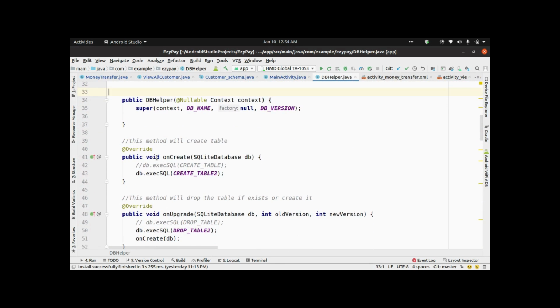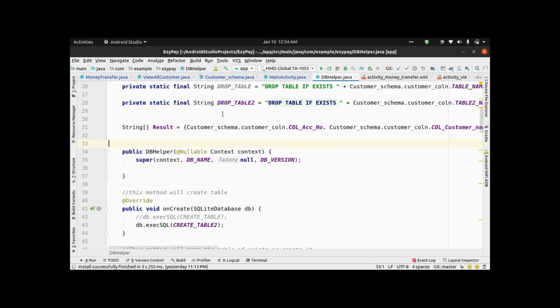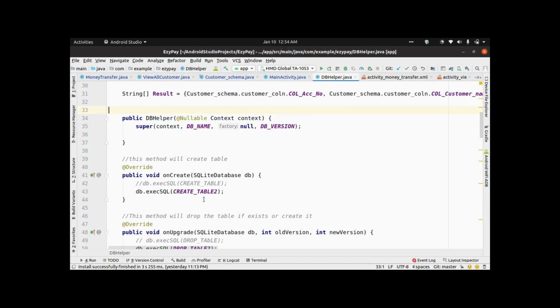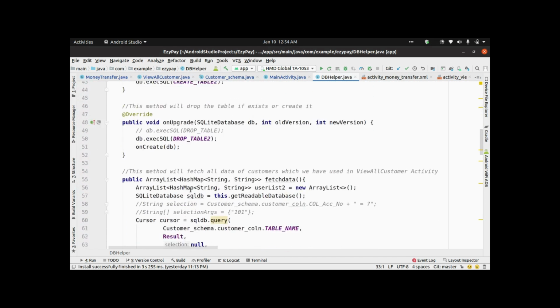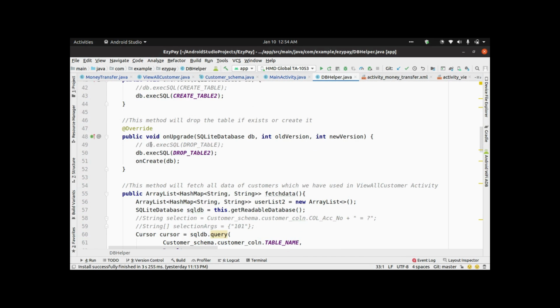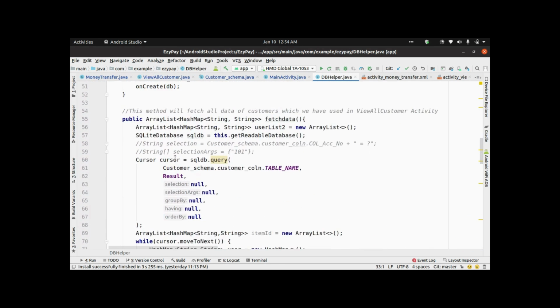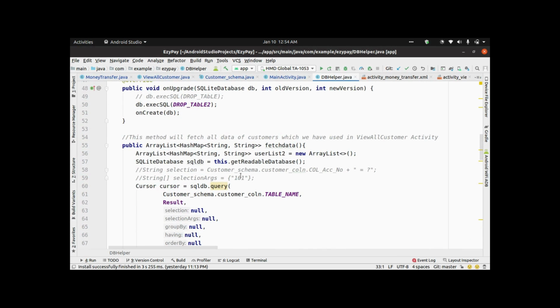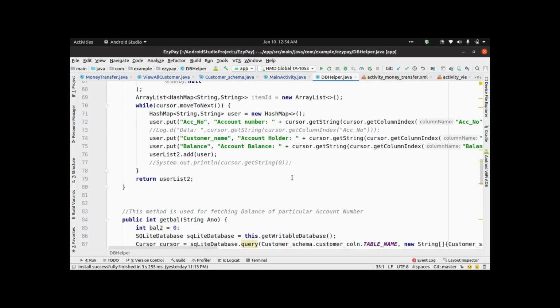Now this is the onCreate method of the SQLite database class. This method will execute our query, which is a string here, create table, and this string query will be passed here, and that will create a table for us. This onUpgrade method will drop the existing table and create it again to do the updates. All the other methods are the functionalities of my app, like update the data, fetch the data of a specific ID